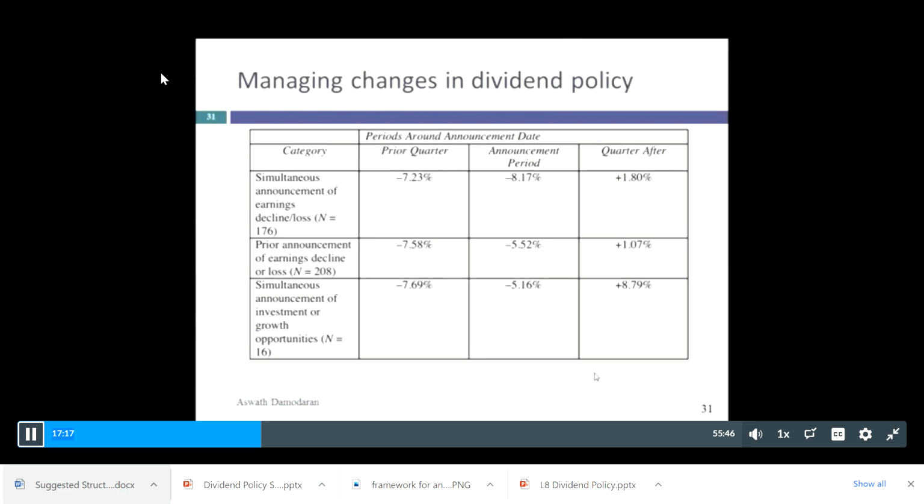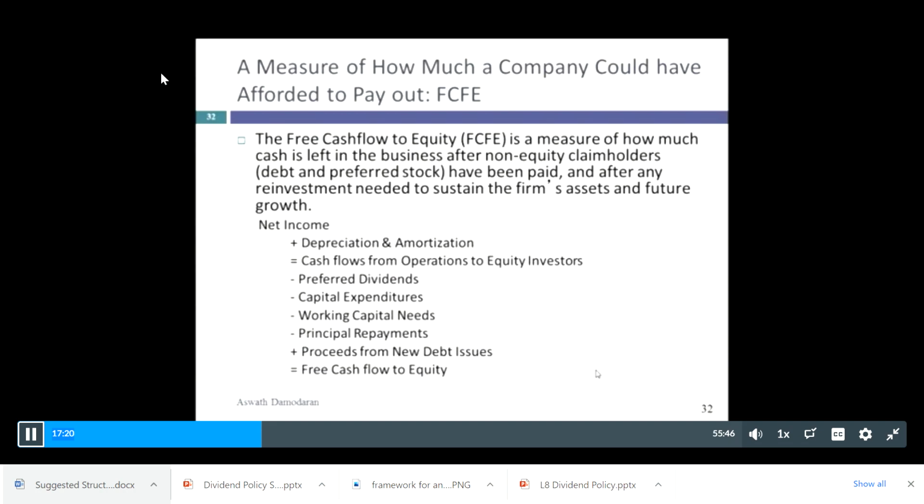Okay, so the first thing we're going to do is measure this free cash flow to equity. How much cash is left in the business after we've paid out everything that we have to pay out to keep the business going, to reinvest in the business as it is, right? Not necessarily, well, I guess in some cases growth opportunities, right? So we're reinvesting in the firm and paying whomever we have to pay, then what's left for our equity holders. So we start with our net income.